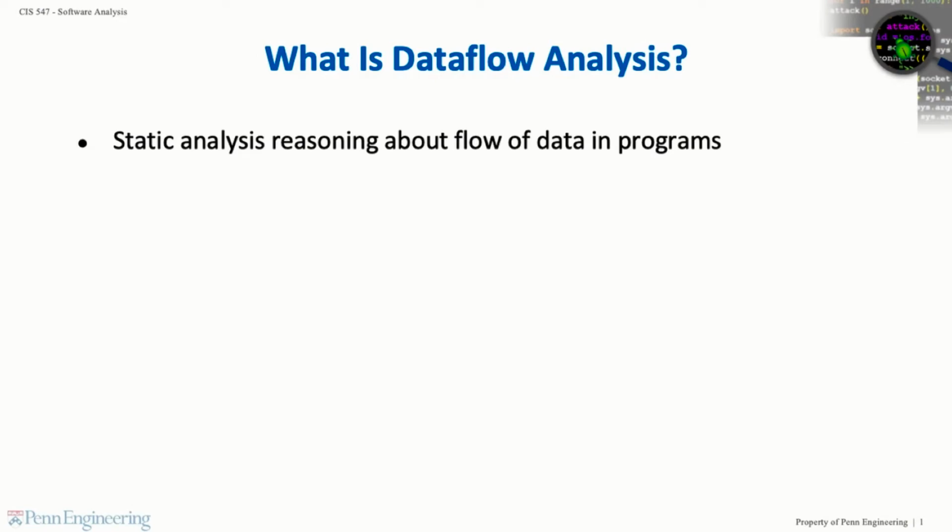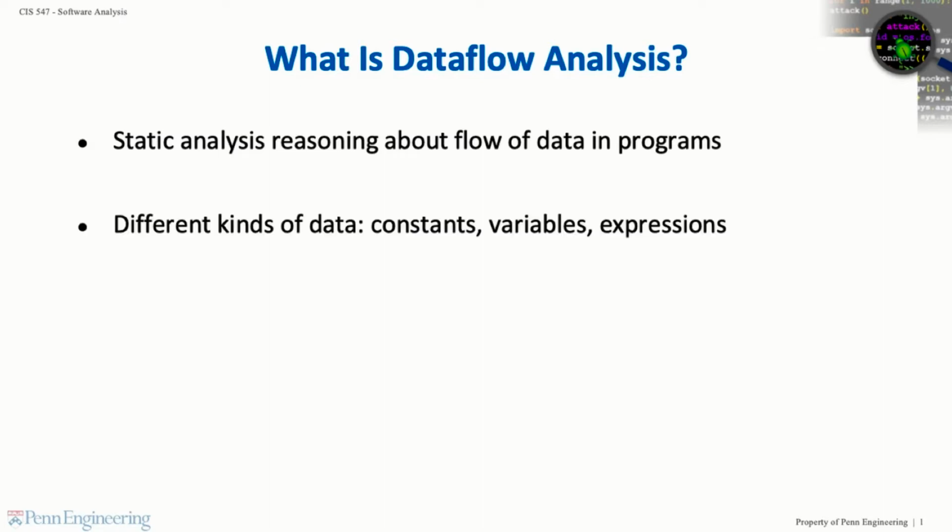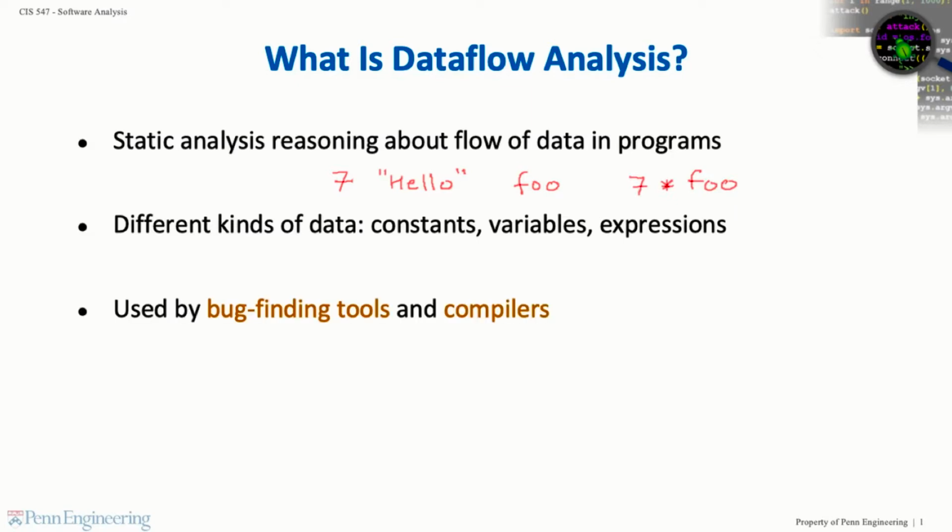Dataflow analysis is a kind of static analysis for reasoning about the flow of data in runs of a program. We can reason about data of different kinds. Some common examples are constants, such as the number 7 or the string literal hello, variables, such as foo, expressions, such as 7 times foo, and so on. Dataflow analysis is used by bug-finding tools to find programming errors and is widely employed by compilers to generate optimized